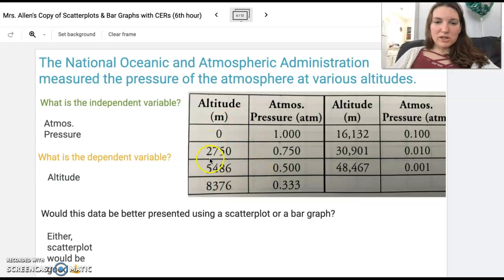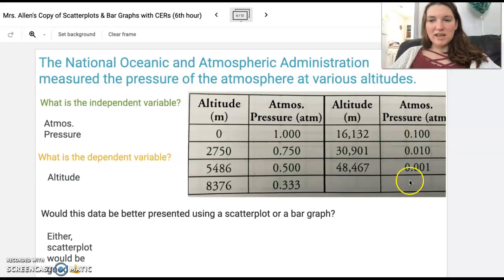This one was kind of cool and tricky because usually, as you notice, the independent variable is on the left side and the dependent is on the right. But in this one, it actually looks to me like the atmospheric pressure is going to be the independent variable because I see it going up at these kind of regular amounts. It's not the same amount each time, but it's 1 atmosphere, 0.75 atmospheres, half of an atmosphere, a third of an atmosphere, a tenth, a hundredth, and a thousandth of an atmosphere. So that is the independent variable there. But if you put something different, I didn't mark you wrong on that one because this one's kind of hard to see. And then the meters is the